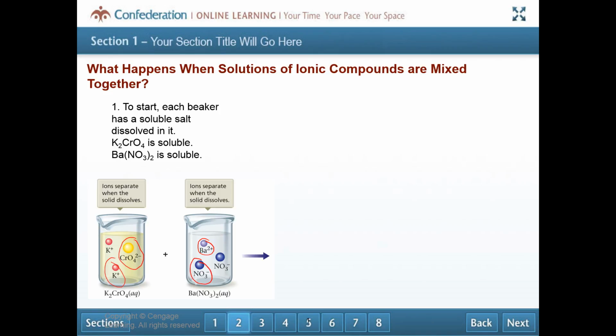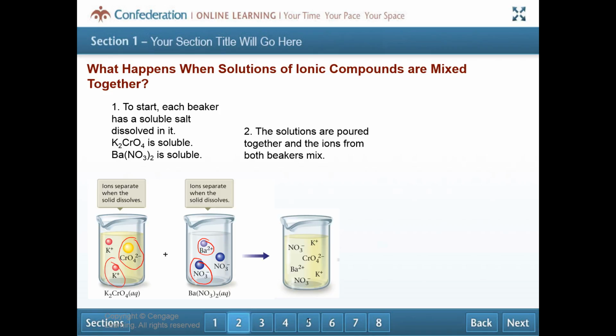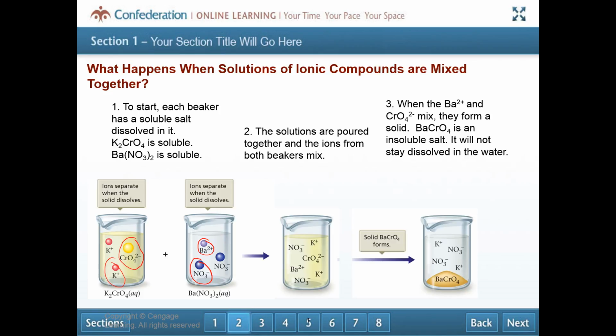ions floating around. So then what happens if we take those two beakers and pour them together so that they're all in one beaker? We do that, and all the ions are now floating around. But when they're floating around, they're going to end up coming into contact with each other. And then remember, some salts are insoluble. So in this case, when the barium ions float around and come close enough to these chromate ions, they actually are going to